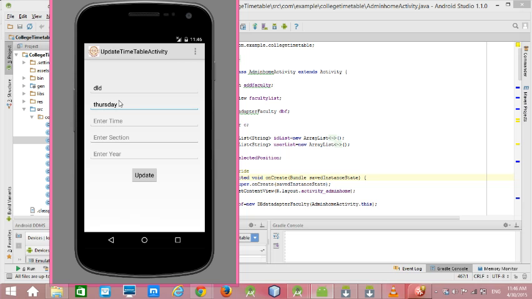If you want to update the day also, you can update, Thursday, time 2 p.m., section C, fourth year. Click on update button. It will automatically be updated to DLD.